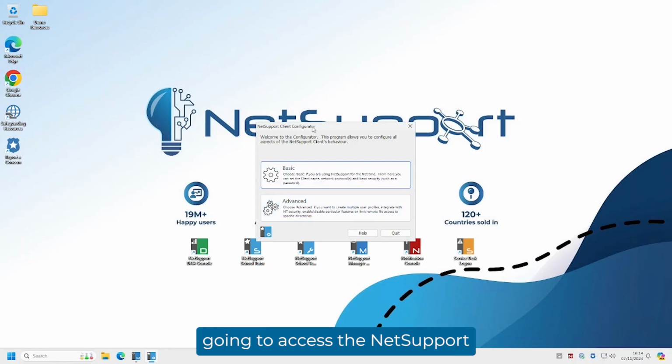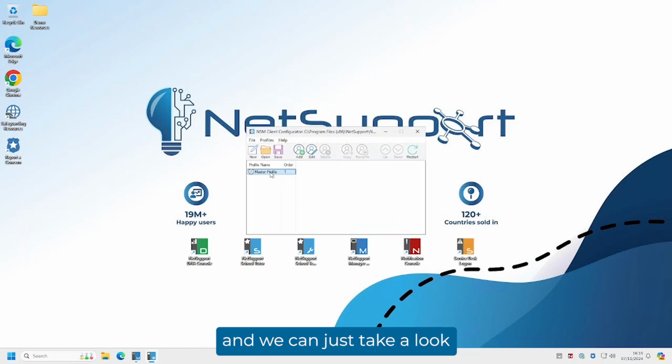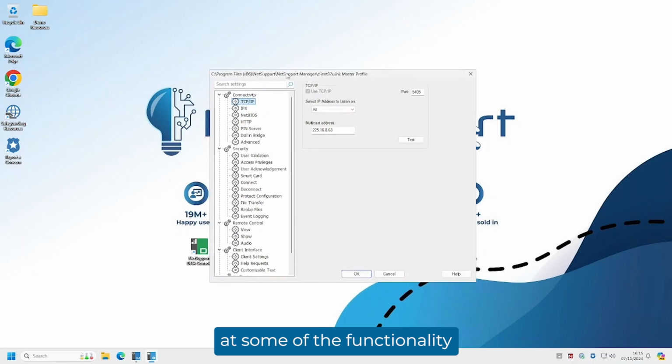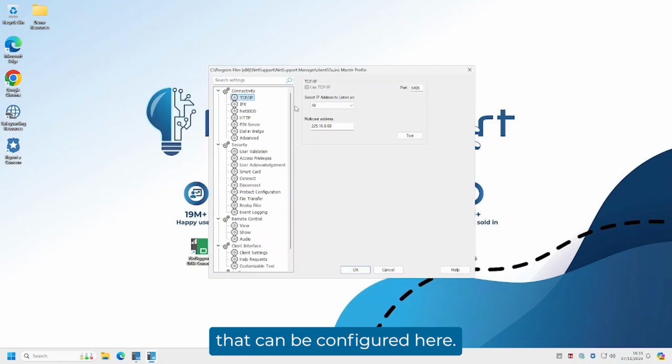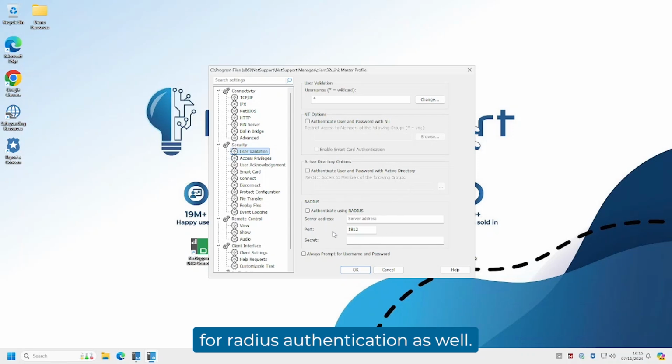To do this, I'm going to access the NetSupport Manager client configurator. I'm going to go to the advanced option, and we can take a look at some of the functionality that can be configured here. We can see we've got a security section. The first security section is where you can specify user validation. For your NetSupport Manager client machines, you can lock down and secure access to certain NT or AD groups only, and you can also set it up for RADIUS authentication,